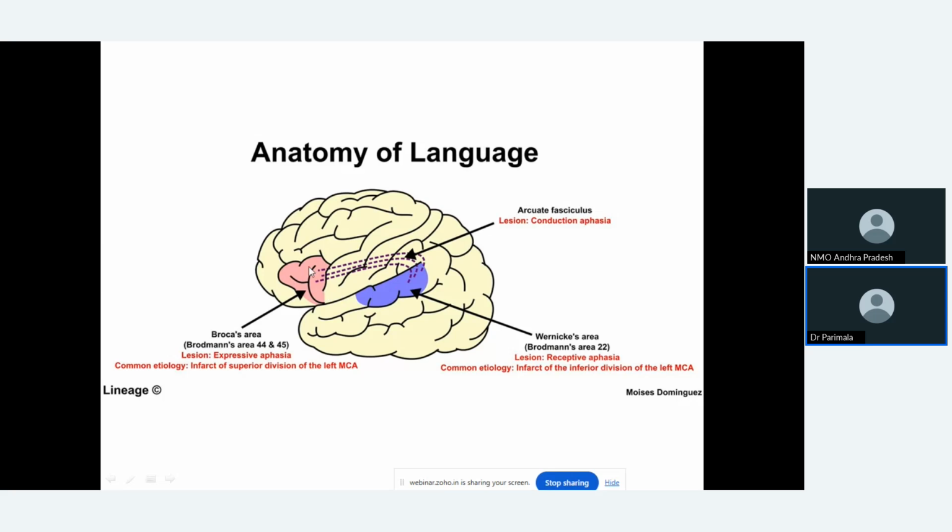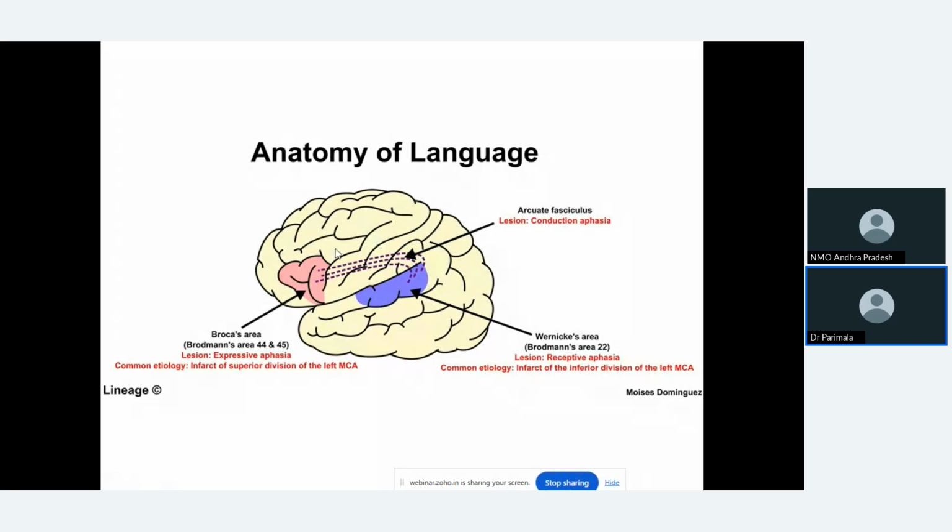So, any lesion in this area or decreased blood supply in this area, the patient can receive information and can understand well because his receptive areas are normal. Whatever he understands, that information is conveyed through this arcuate fasciculus to the motor area. But because this area is lacking blood supply, he cannot speak. Or if this area is affected, he cannot speak, though he can understand everything. If his hand part in the precentral gyrus is intact, he may write and show, but he cannot speak. If this area is also affected, he even can't write. Is that clear, all of you?